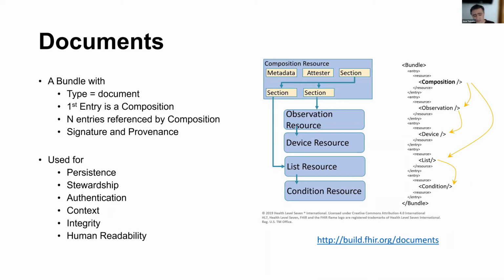Maybe a better example of a document in FHIR is a discharge letter. When you have a discharge letter, someone is signing off that as of today, these are the things that are known about this patient. Someone is really signing that off. And if something changes, if the patient has an accident when leaving the hospital, that is not necessarily updated. Maybe the server already has the information, but if you want to update